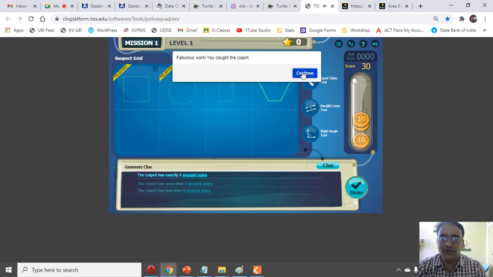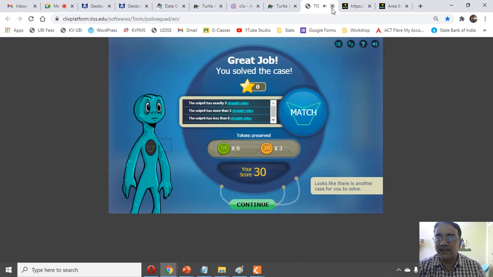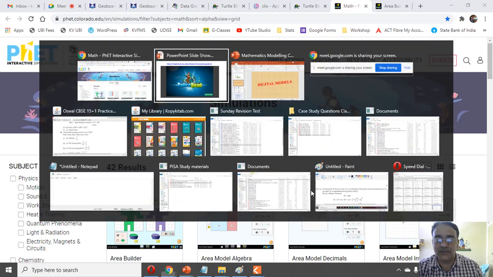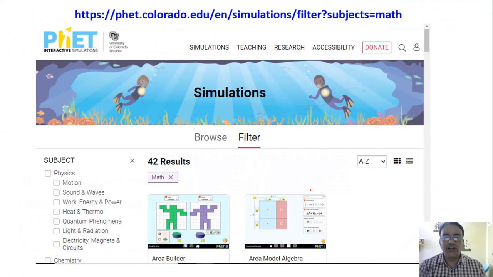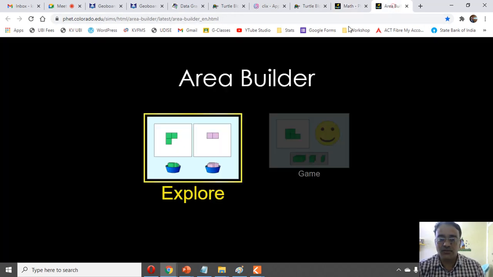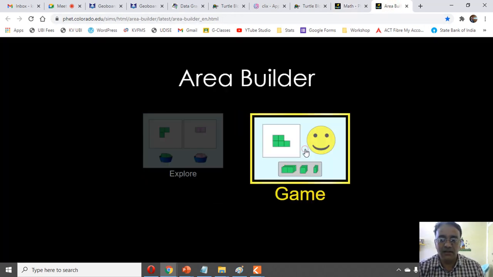Okay. In this way also we can teach the different types of polygons. They will analyze and identify the different types of polygons. Okay. So now this is another part, another type, simulation type. I think Purushottam sir has taken this part, and I'm going to demonstrate only one part. There's the area builder part. So when you click on that, this will appear.